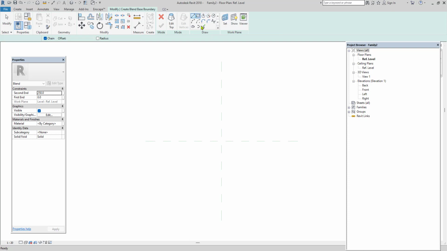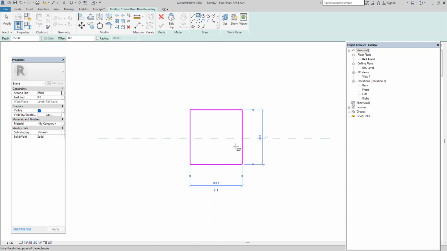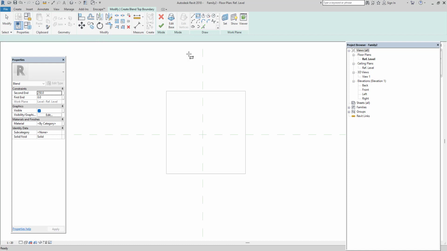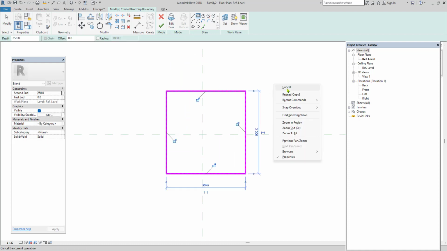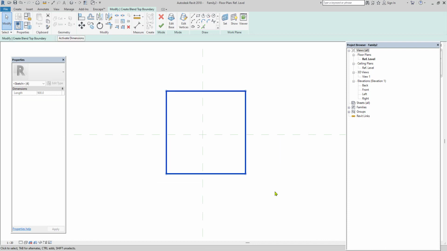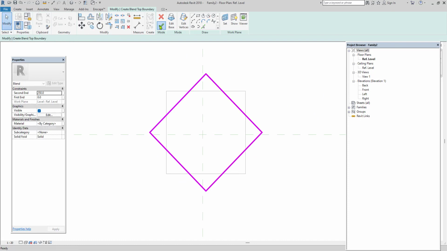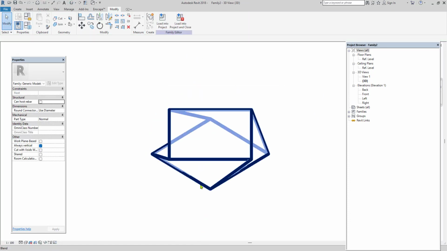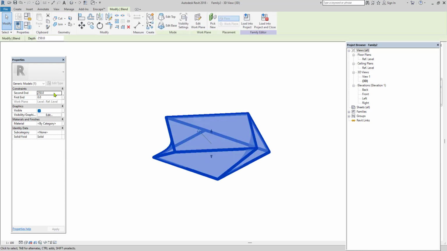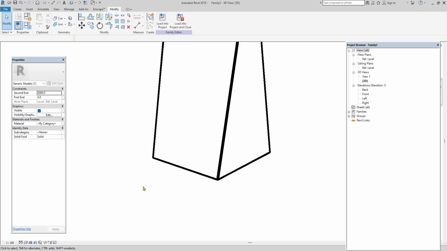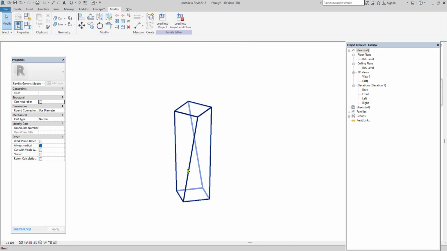Blend it. Take a rectangle. I am just doing now the bottom design, and here we have an edit top option. You can go with the same rectangle. This time I just want to rotate the top rectangle or square about 45 degrees and finish it. Go to 3D. Once you're done, you can give the height. You can say column height is about 3 meter. It is in mm, so that's why we have to give 3000. So this is how you create the tilted column by using the blend option.